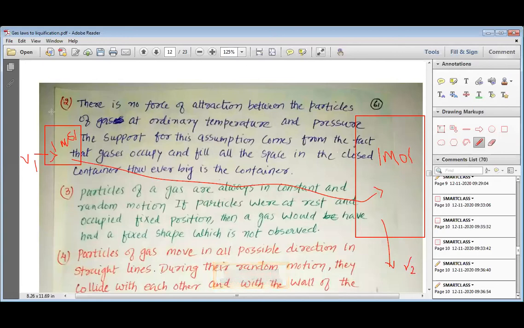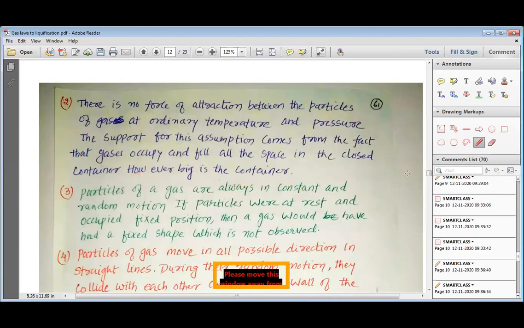So if you fill the gas in a small container, it will have a small volume. If you fill it into a big container, it will have a bigger volume. The same gas, if you fill it into the room where you have been sitting, the 1 mole of gas itself will occupy the complete space of that room. So this way, my dear students, the particles of gases do not have force of attraction and they can expand themselves to whatever the volume they are filled.